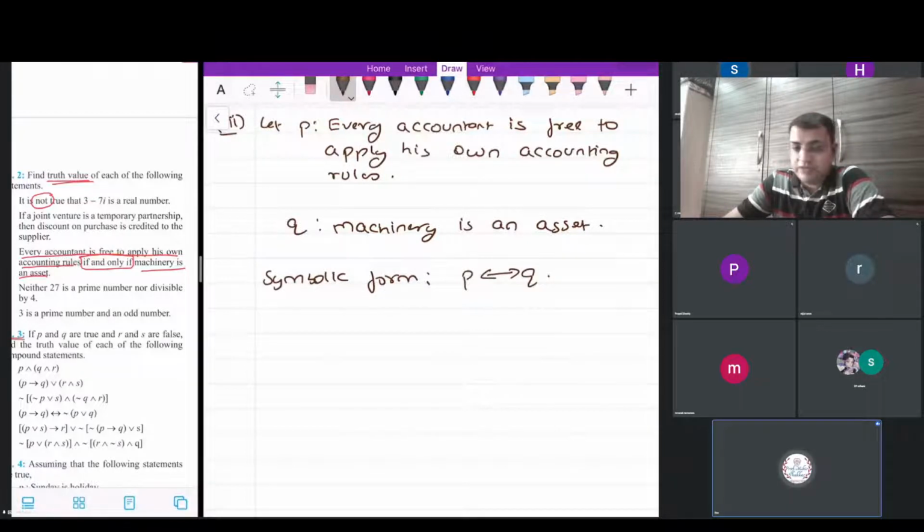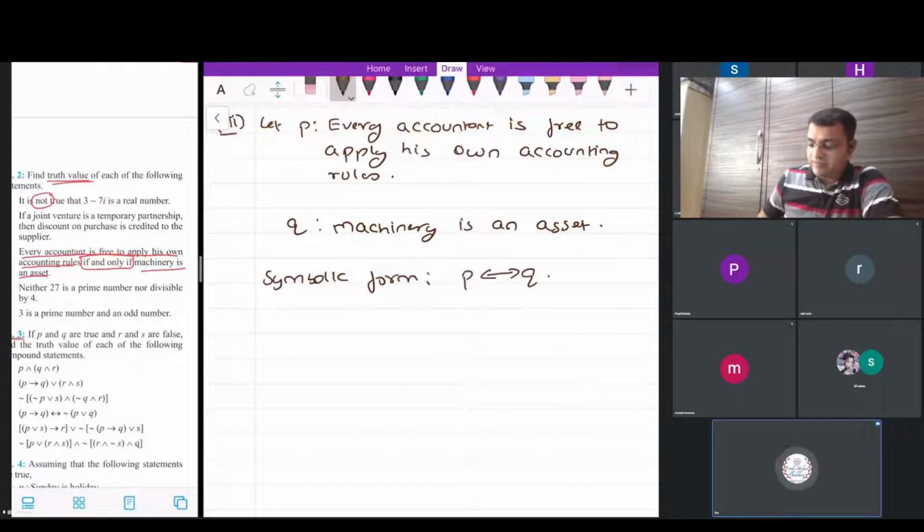No, the answer is absolutely false, because there are some standard accounting principles that you will be learning or you might have learned in your accounts. I am a science student, so I am not aware of all the accounting principles, but yeah, basics I am having some idea that every accountant is not free to apply his own rules, otherwise there will be a big mess worldwide. There are standard principles which are being applied worldwide, so they have to follow the same. So therefore I will consider over here that the truth value of P is definitely false.